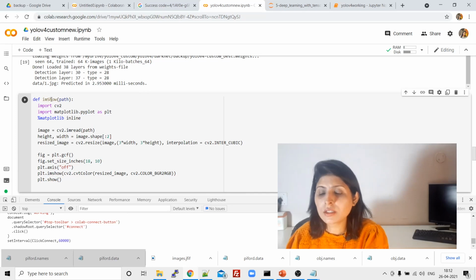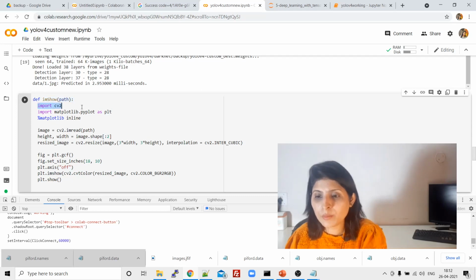This is a simple Python function for showing the prediction. We are importing CV2 and Matplotlib, and then we are reading the image, right? We are storing the height and width in separate variables, then resizing that image, and then plotting that image.